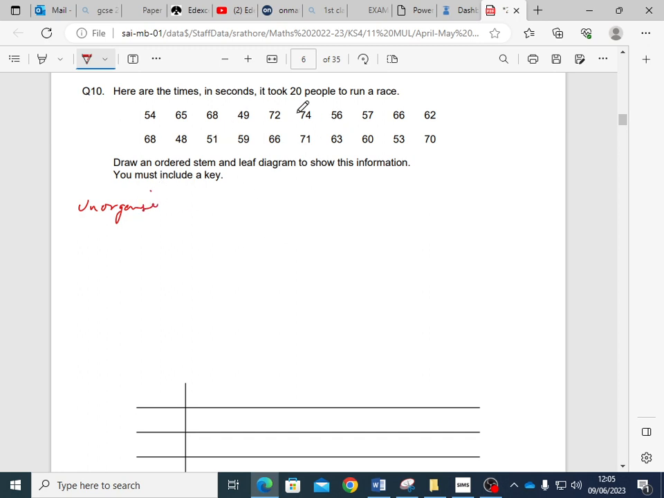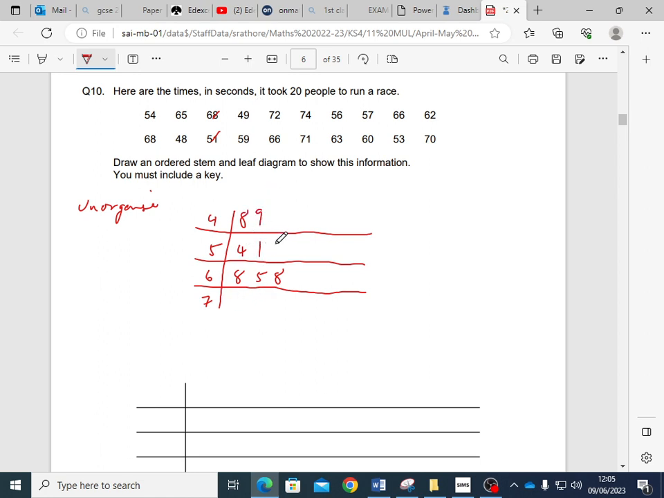So the lowest 20 people took to this race, and we're just going to set up what's the lowest here: 40, 50, 60 and 70. Now I'm going to write all these numbers going downwards, so that's going to be 54, 68, 65, 48, 68, 51, I'm done with that, 49,